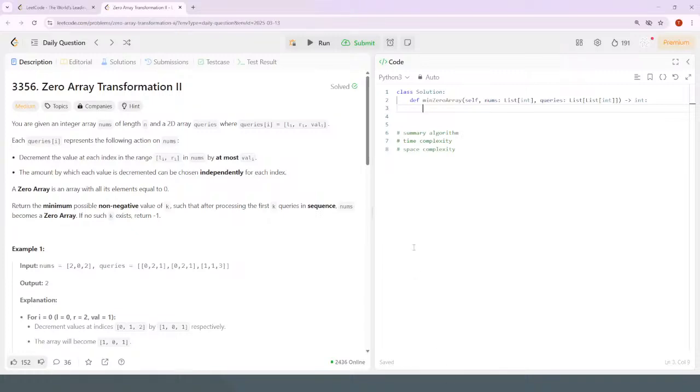What do we have here? Zero array transformation. Medium, okay. You're given an integer array nums of length n and a 2D array queries, where queries of I